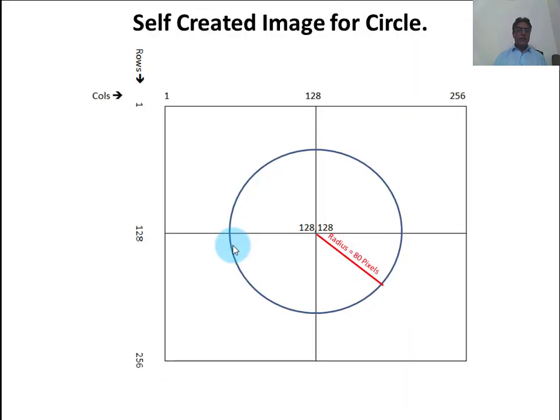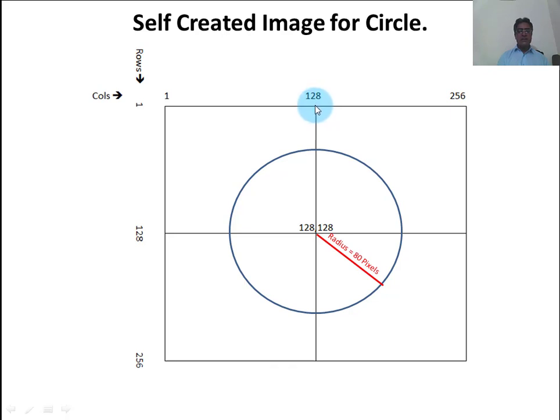Here we are also discussing the binary image and gray level image by creating another program whose dimensions are also columns from 1 to 256 and rows from 1 to 256, and this is the center of the columns, column number 128.